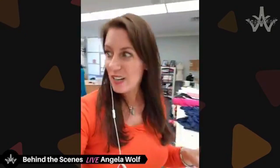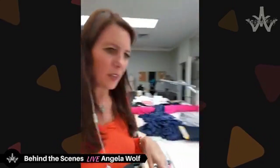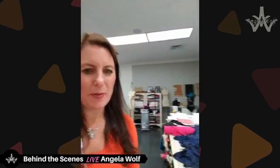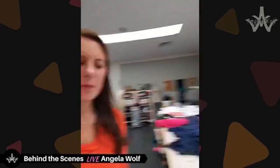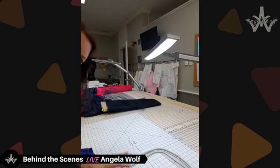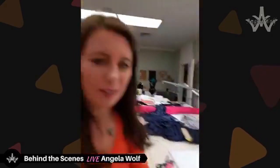All right, so here we have the cutting table. I'm just going to see if I can switch this around. Maybe. I don't want to lose you, so. Nope. It's just going to stay like this. So can you guys see okay? Let's see if I can just bring this down. I better get my glasses. I can see your reactions, so that's good. There's just a few little glitches on here, but